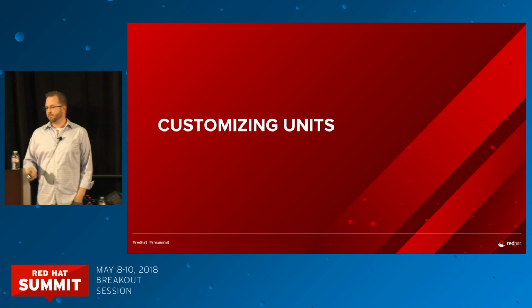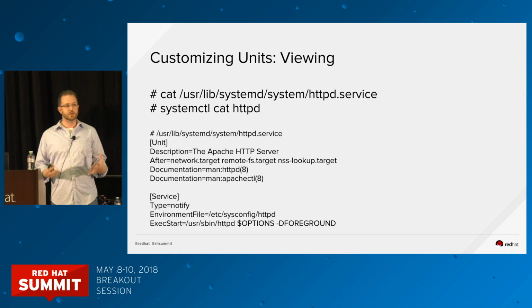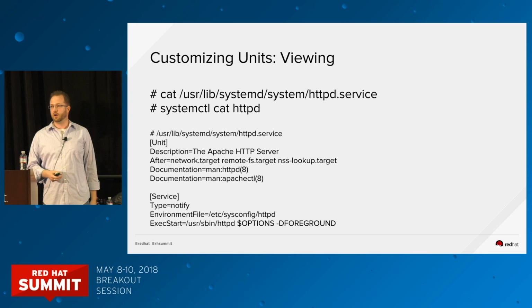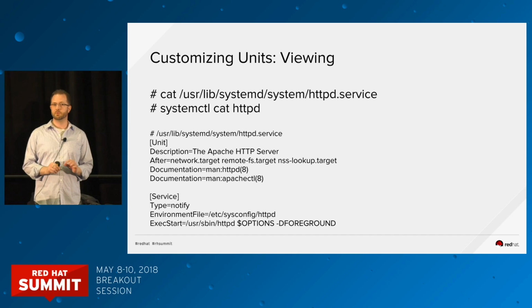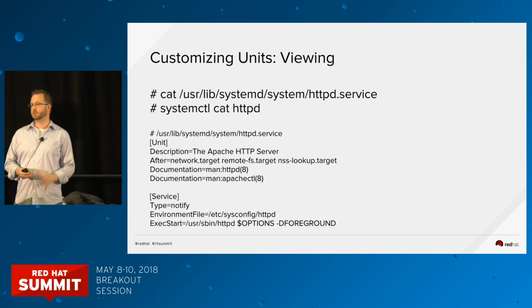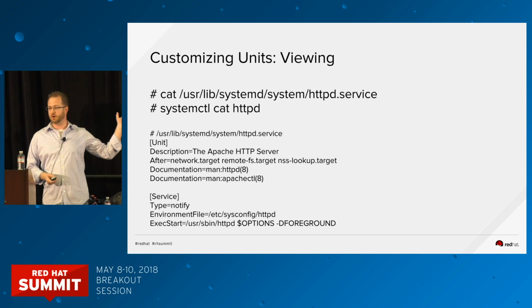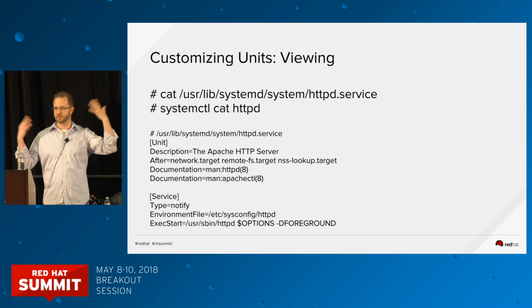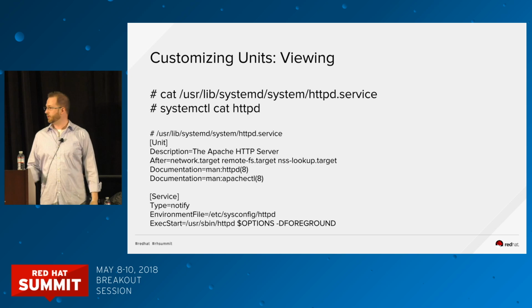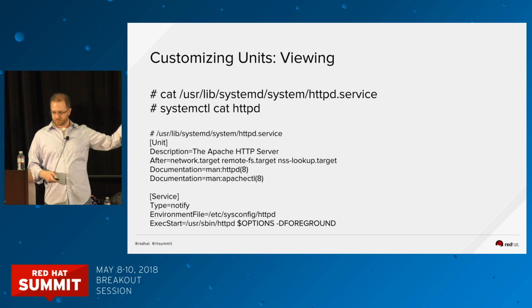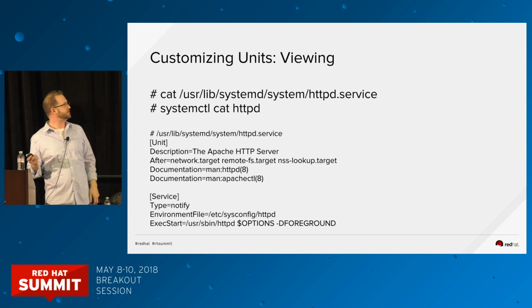Okay, now that we've looked at what units are and some of the basic types, hopefully we all have a pretty good understanding here. I do want to talk about customizing them, because this is when we get into really powerful, relevant parts of systemd. First is viewing a unit. Yes, you can always view the actual unit file, but I like to just do systemctl cat unit, right? I mean, it makes sense. Cat is really slick. Well done. So then we'll page it out to less or whatever the default pager is,